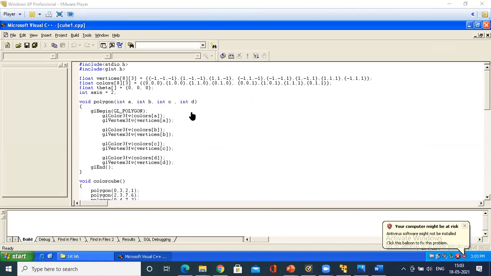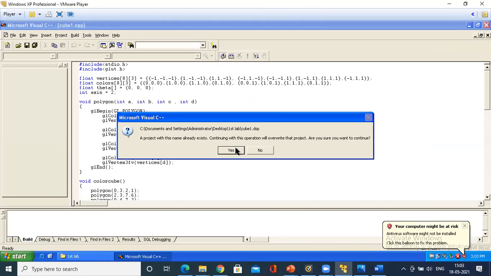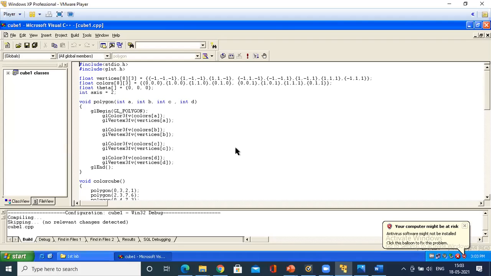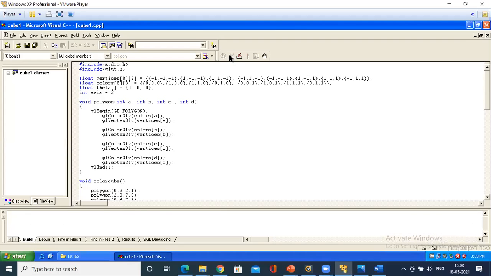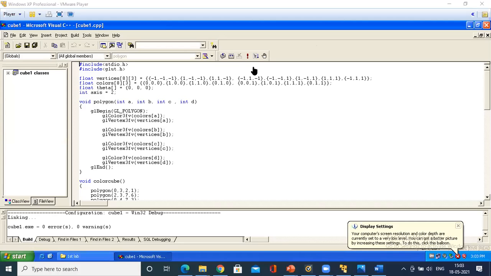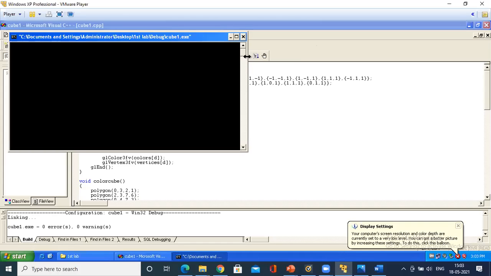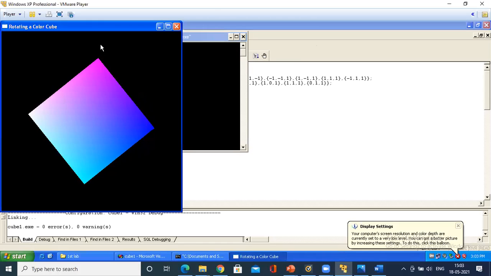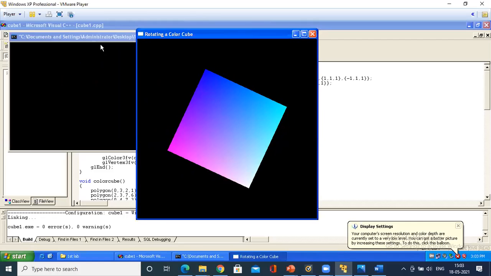So here is the program, what you are able to see.